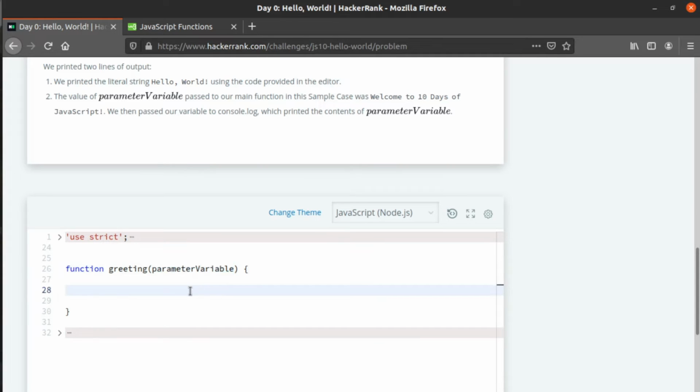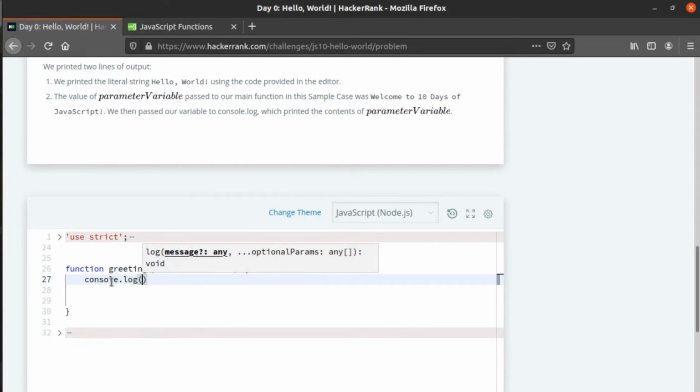After that, the code you keep inside the curly braces is going to run, and it's going to perform that particular task, whatever code is mentioned inside. So first they asked us to print the statement Hello, World. The code for that is simply console.log, which is the method to print statements in JavaScript, and we just need to directly print Hello, World here.